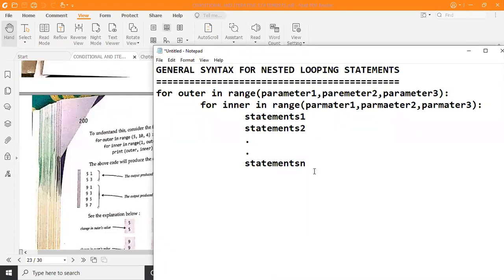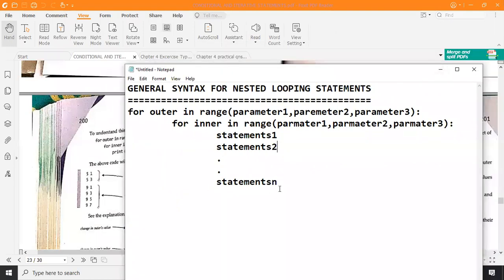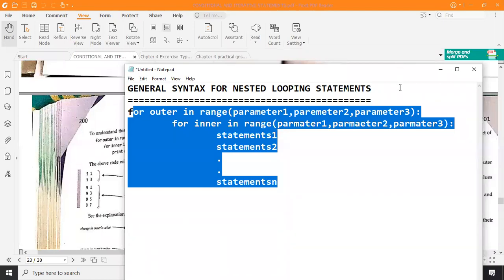Similarly, you can try with a nested while loop also. Just try to recall the syntax of a while loop, then try to include one while loop inside another while loop. First we'll start with this nested for loop, then you may try with nested while, and if you are having any difficulty, we'll discuss that also. So first let's start with these nested for loop statements. We have already discussed the single for loop: how a for loop works, and what the necessary parameters or syntax are that we need to use while defining a for loop.